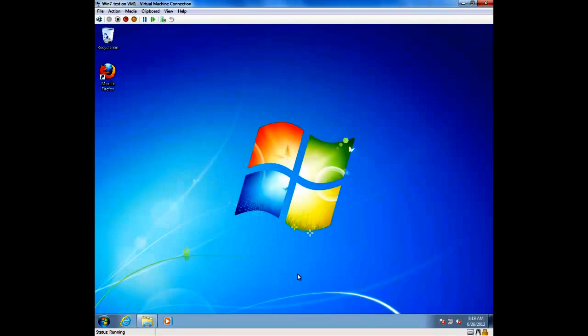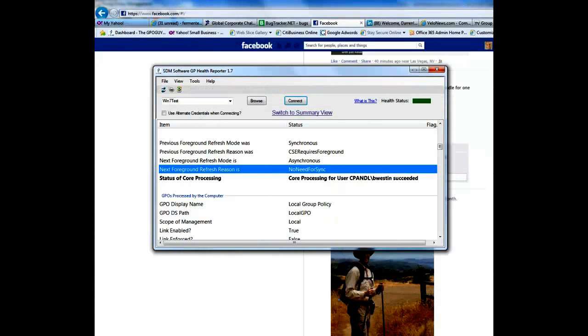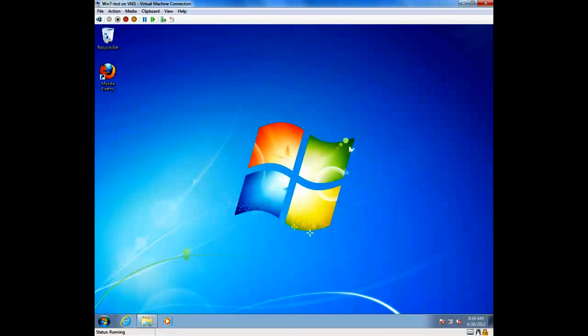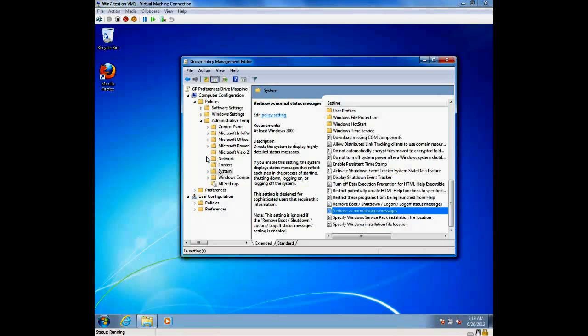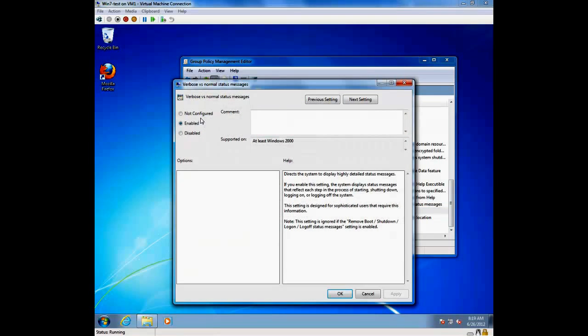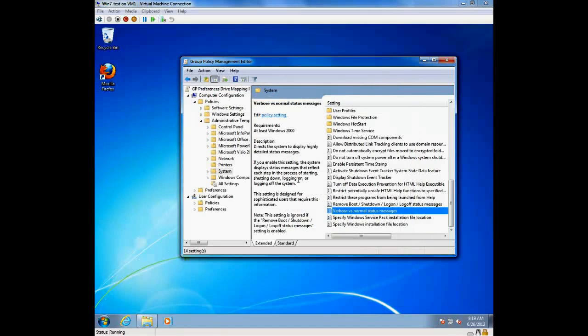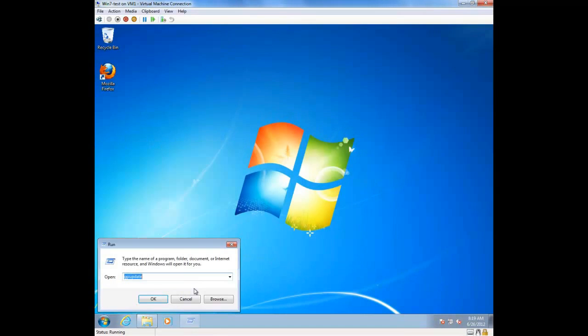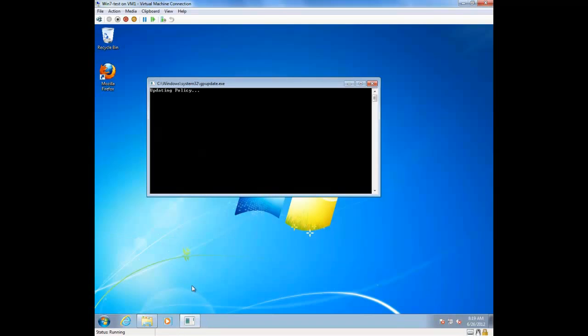Okay, now what we're going to do is make a change to that group policy object. And essentially what I'm going to do is not even touch the drive preferences, the group policy preferences drive mapping, but just go in and change an admin template setting from enabled to not configured. And then if I go ahead and run GP update on this machine as if a normal background refresh were happening. So this is not even a GP update force, just a GP update,